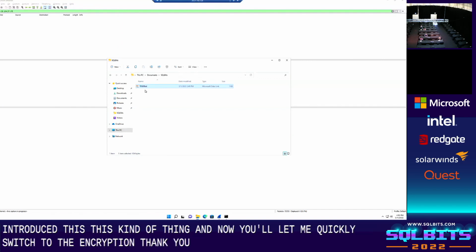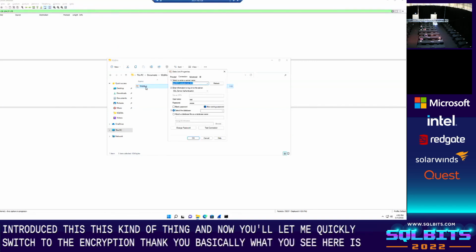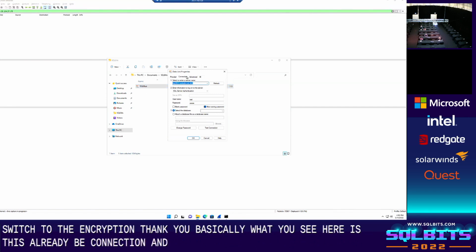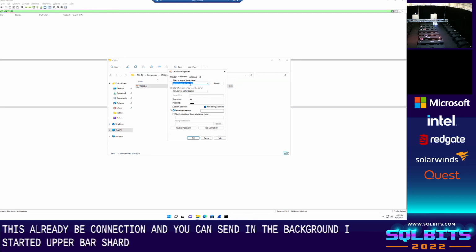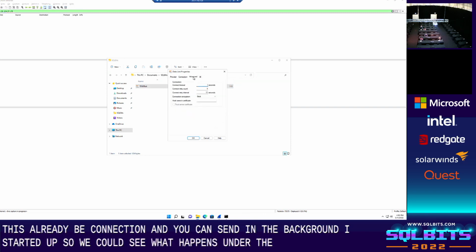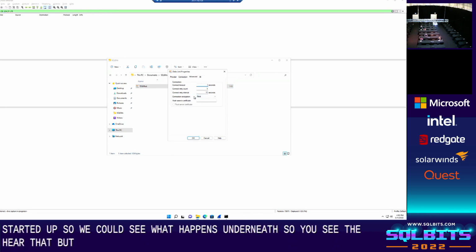Basically, what you see here is this OLEDB connection, and in the background, I started up Wireshark so we could see what happens underneath. You see here that I put connection encryption to the strict mode.